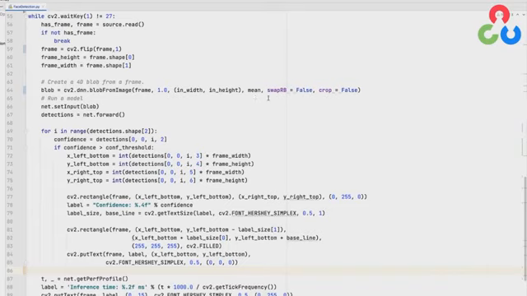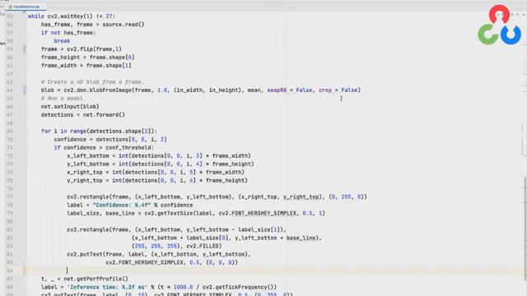And then there's this flag swap RB. RB stands for red blue. Notice that that's equal to false, and the reason for that is that both Caffe and OpenCV use the same convention for the 3 color channels, but some models use a different convention, and in those cases you'd have to swap the red and the blue channels. And then finally there's this last input argument, crop. This last argument indicates that you can either crop your input image to be the correct size, or you can resize it. So because crop is set to false, that means we're going to simply resize the image to be